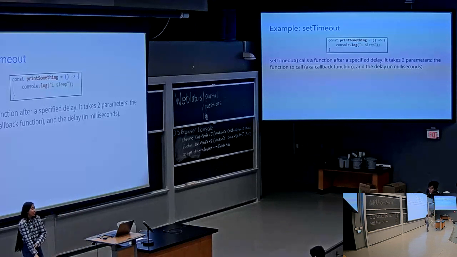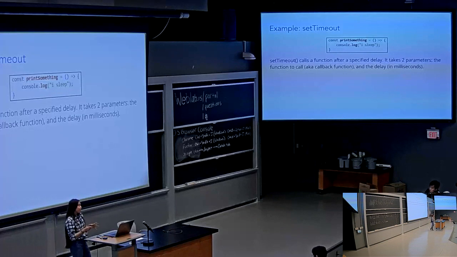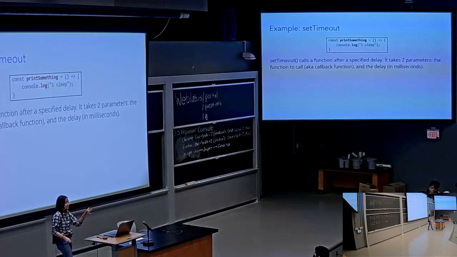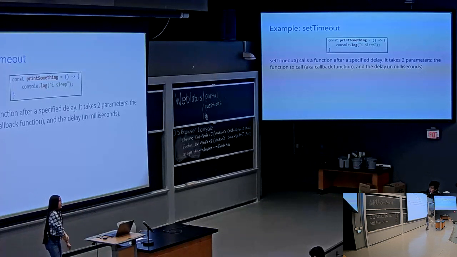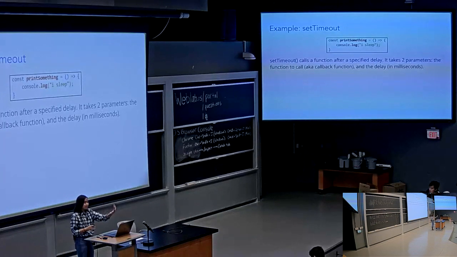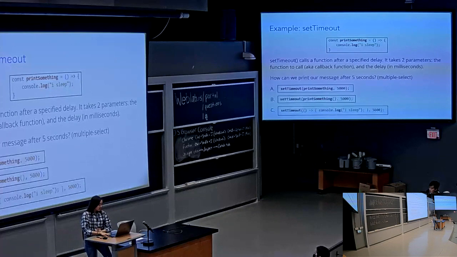So for an example of a callback function, we have this function in the JavaScript library, so the JavaScript authors wrote it for us, that calls a function after a certain delay. So one parameter to this setTimeout function is the function that you want to call, and then the second parameter is the delay, how long you want to wait before you call it. So let's say that we want to call our function printSomething after 5 seconds. My question is how we would do that. So take 10